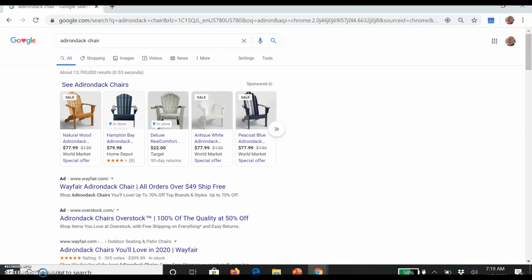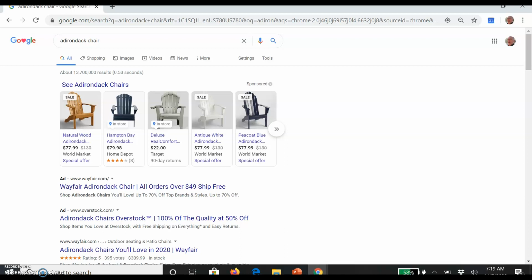Okay, all right, so this is a Google page where I've done a search for Adirondack chair, which some of you may recognize from the pictures. These lovely simple wooden chairs were made and used in the Adirondacks, set on lawns among the whispering trees and murmuring waters. And you'll see that you've got some pictures up front, some sales happening from World Market, Home